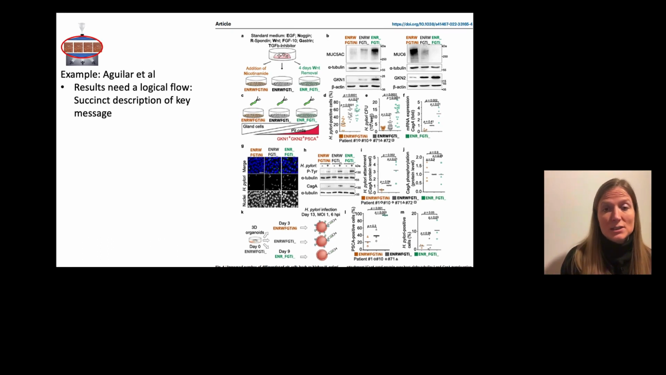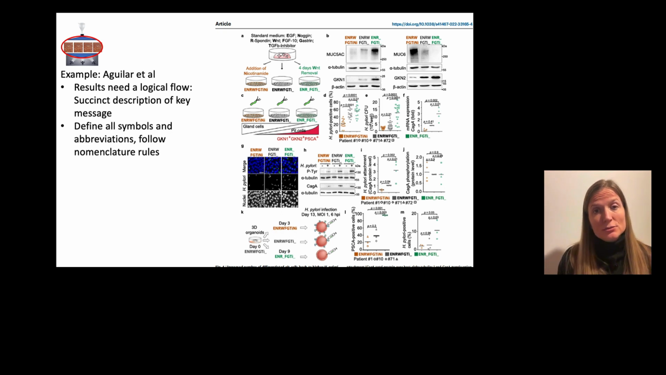Or, actually for this figure, it would make a lot of sense to just take A, B, and C being one figure, and this here being the description of how we did the experiment for this. And then in the next figure, these could be one figure together, etc. Okay, but we need a logical flow within one figure. Now, within one figure, you really need to define all the symbols and abbreviations and follow nomenclature rules,